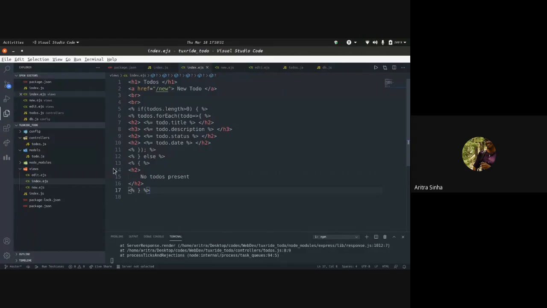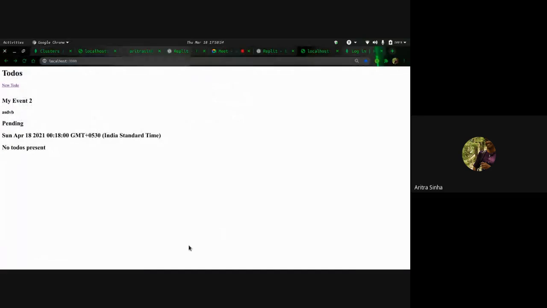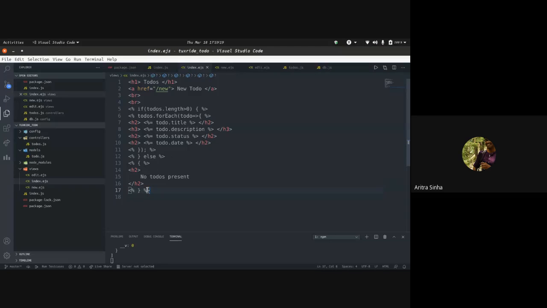Okay, here also. Yeah, so since I had already created an event in the database, it will print something like this. I had an event already created in the database, so the event description, the status, all of this part will be there. Okay. I think this is creating an issue. Cool. Fine.